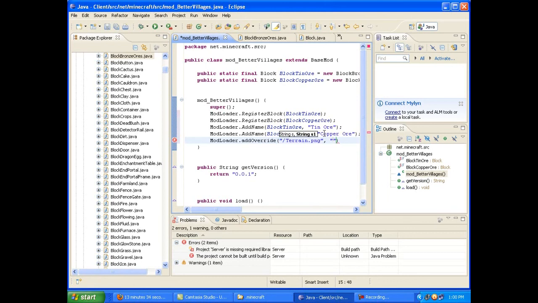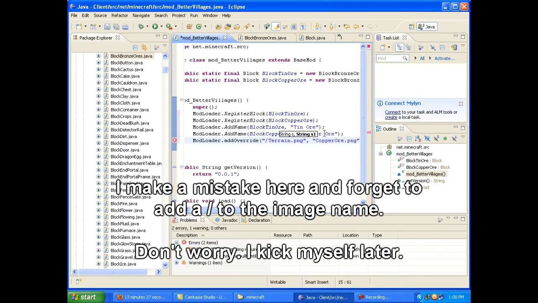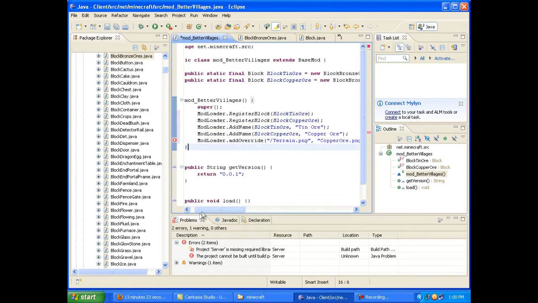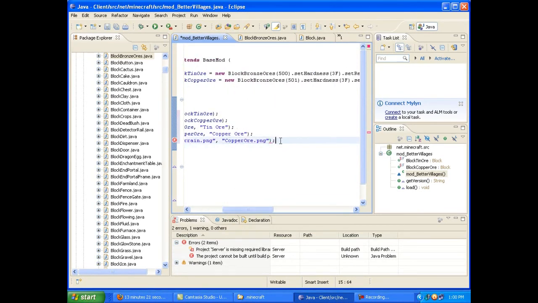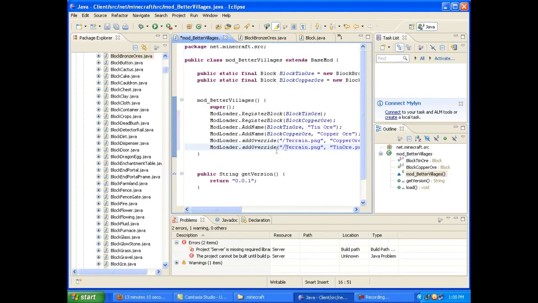just in anticipation of what we're going to name it, let's just call this first one copper ore.png, and we can add tin ore.png. Now what you want to do is, as you can see, copper and tin ore, you want to do